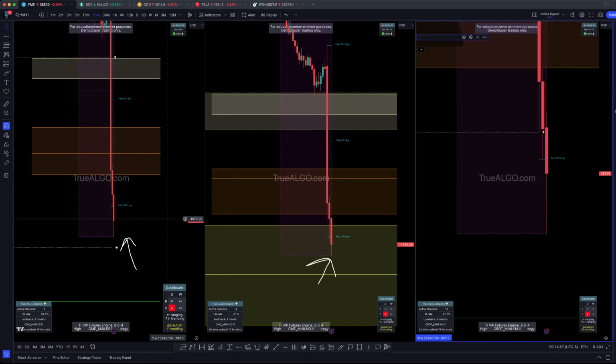So for us, right now, you guys should be able to see the index futures markets. This is the ES, the NQ, and our good old US 30. We can already see right now that we have a bullish reversal set up on NQ, and it's already reversed bullish for those people who use our indicator. And then there were also these two True Algo boxes stacked on top of each other, if you guys see this right here. So that's something that we see as a magnet.